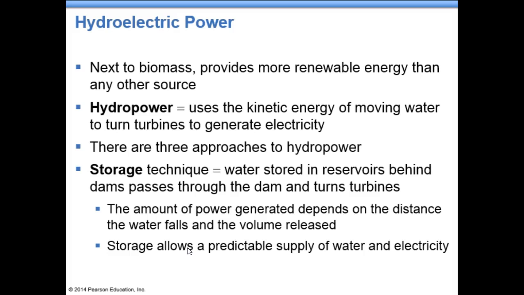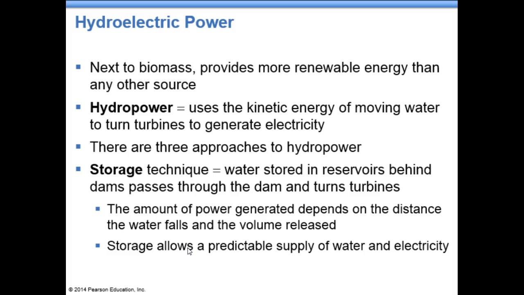And there are three different approaches to hydropower. One is the storage technique, and this is where we build dams that block the flow of river water, and then it lets the water pass through the dam at a certain rate. So we're able to collect our energy there. The reservoir of water passes through the dam and it turns the blades of the turbine, and this causes the generator to generate electricity. And then that electricity is generated in a powerhouse of the dam and then transmitted to the electric grid for people to use.